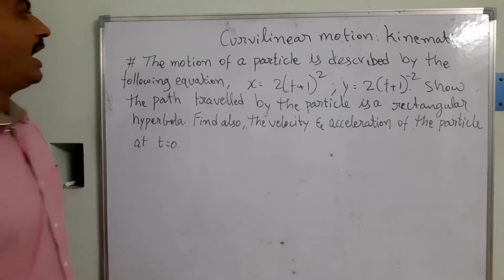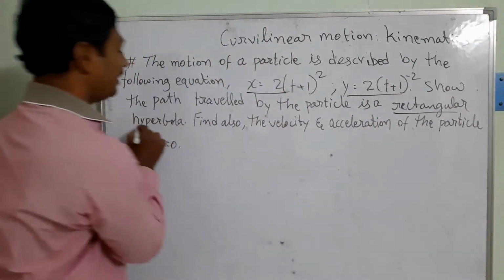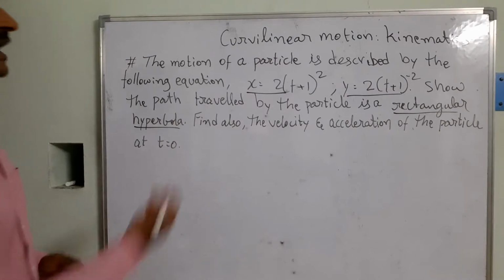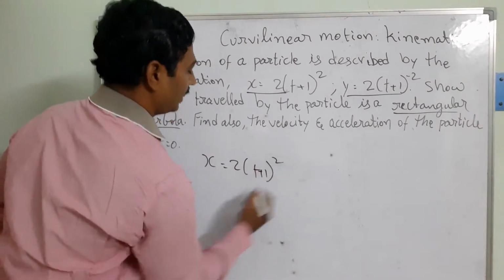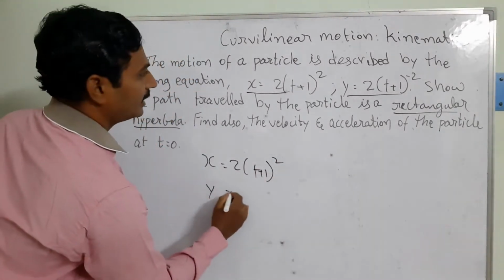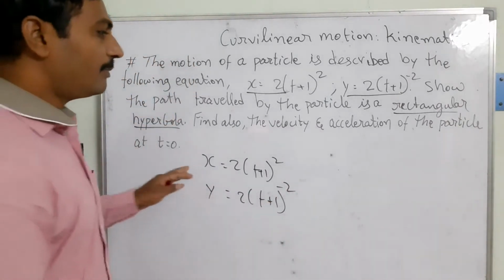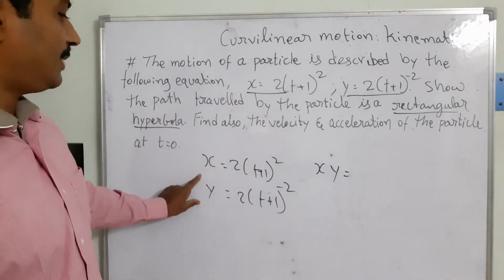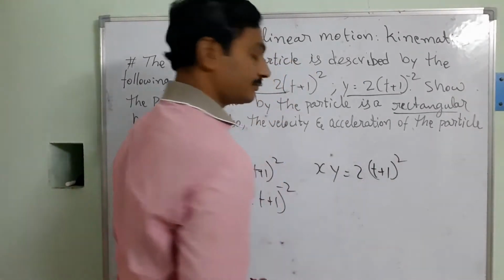So there we can see he has given the x as well as the y. We need to prove first a rectangular hyperbola. To prove this one, I am going to multiply the x component, x is equal to 2 into (t plus 1) whole square, and similarly y is equal to 2 into (t plus 1) to the power minus 2. When I multiply x into y, I am going to get 2 into (t plus 1) whole square,